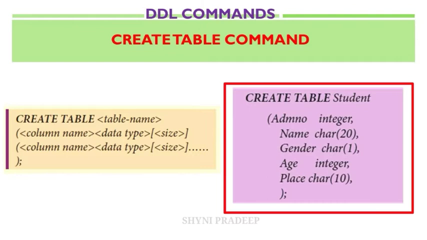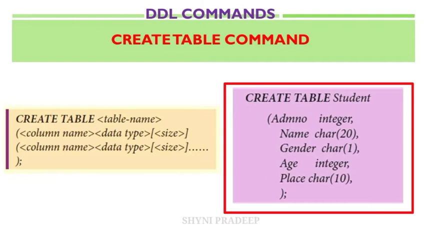Student table. Create table student. So student is the table name here. Next, column name admin number, that is the first column. Next, integer, that is the integer data type, because admin number is a number, so it should be an integer. Next column is name. Its data type is character. Next, gender, that is also character, only one character, that means either female or male.